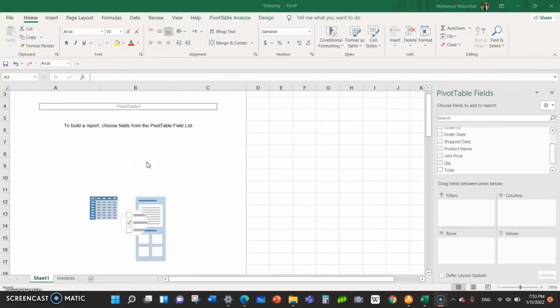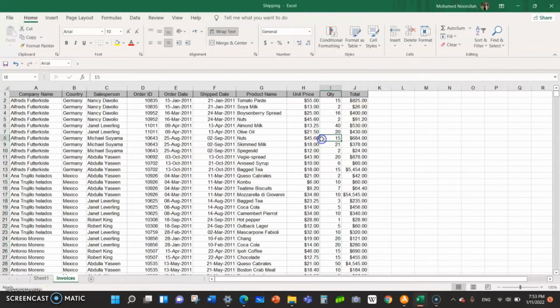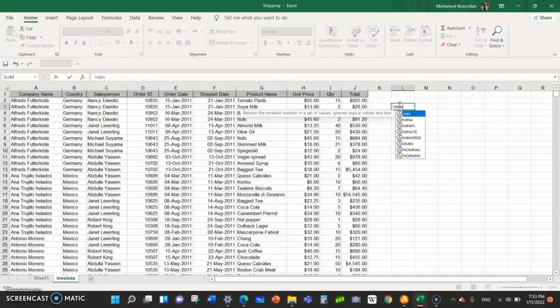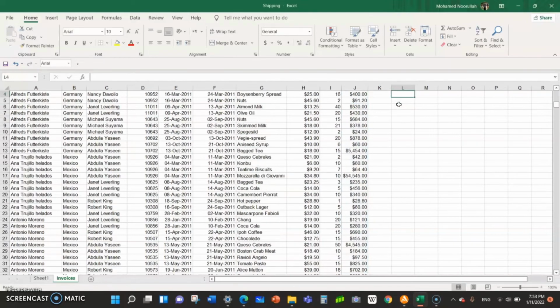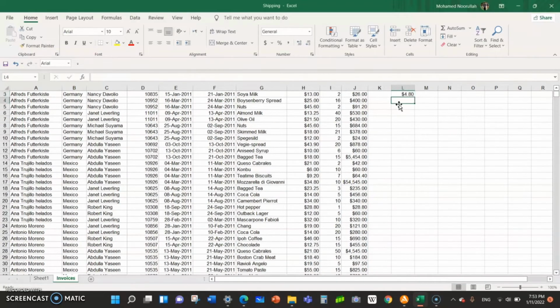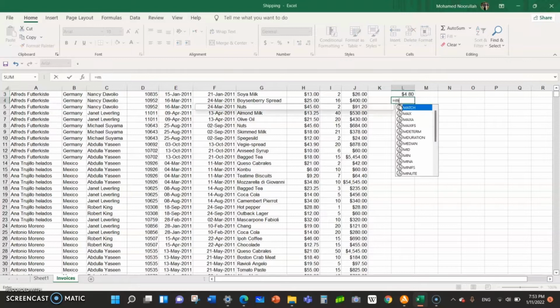Another handy option that I would like to explain is, for example, in this raw data, there is a quantity, unit price and total. So for example, in the total, you want to see the slab. Now, if you see, for example, the minimum total price out of the overall data set is $4 US.